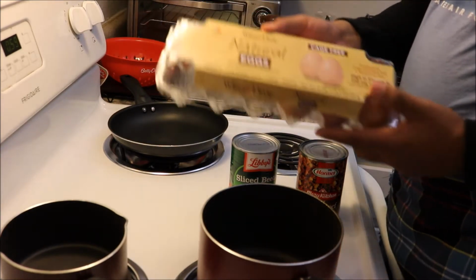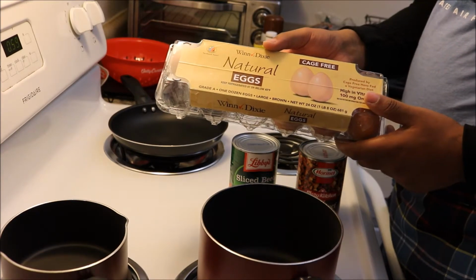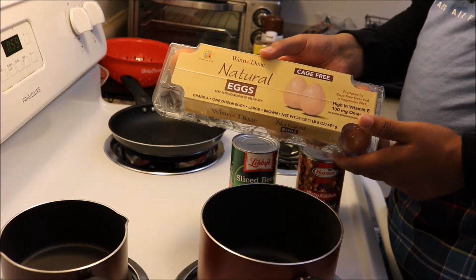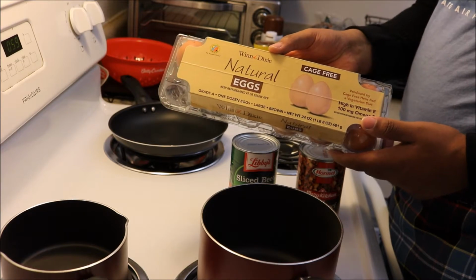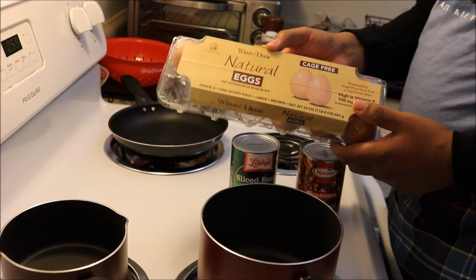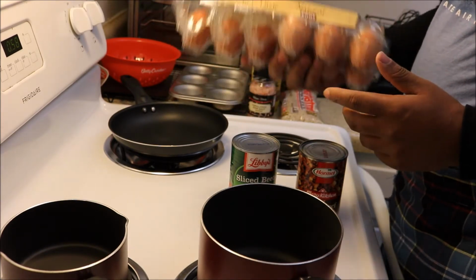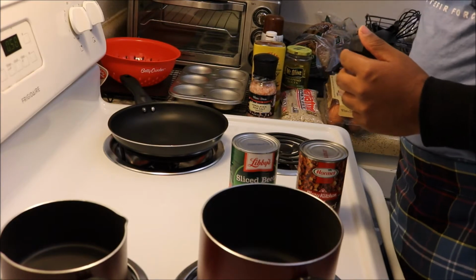Next, some eggs. I've always been a fan of going to the store to buy cage-free or grain-fed. It just seems better. It's a better option, I believe. So, after the eggs,